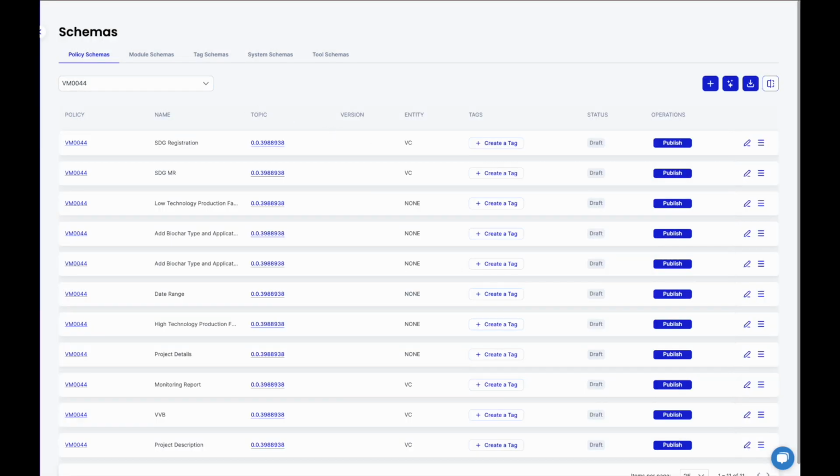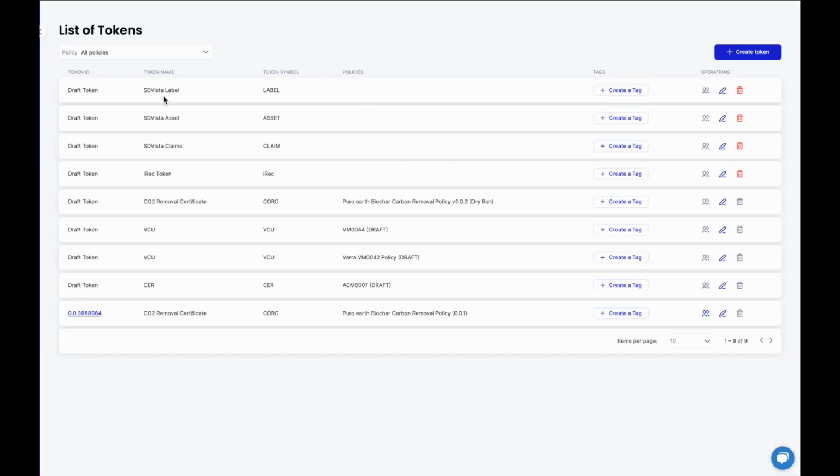Second step is going to be going to the tokens and adding the tokens that are necessary for this particular methodology. You can have either a label or asset or a claim. The documentation for these three and the differences are given in the documentation. Once these three tokens are created and the two schemas are created, we can go ahead and start integrating modules